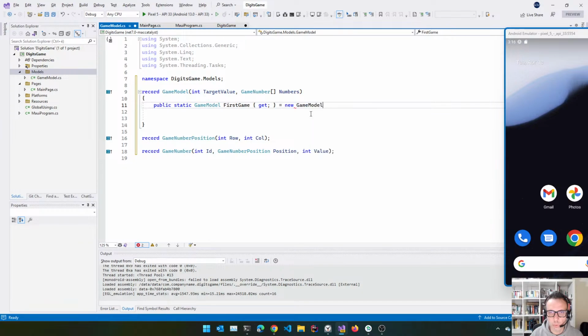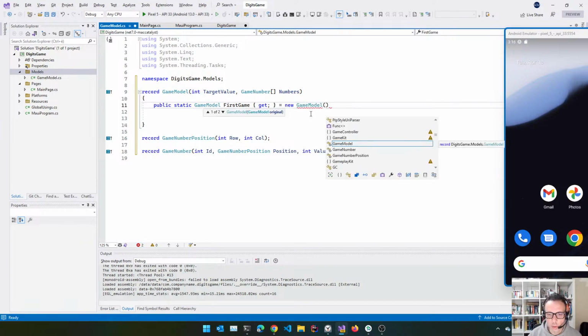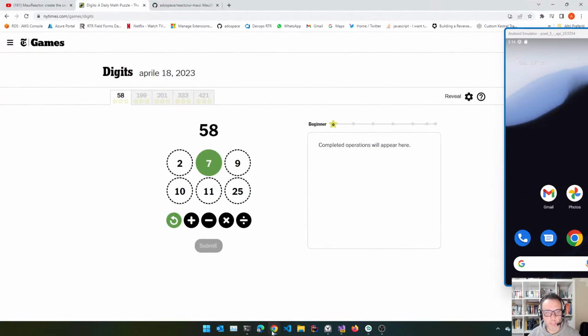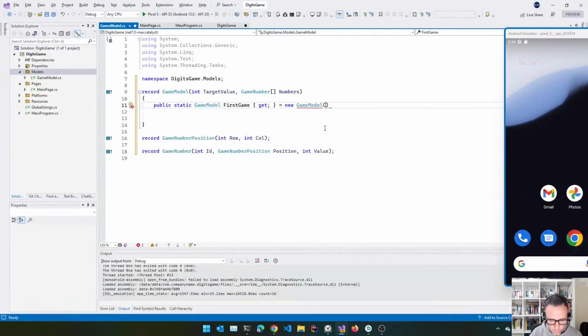So I'm going to create a game model. For example, if I want to create exactly the same game model as this screen, I have 58 as a target value. Then I have